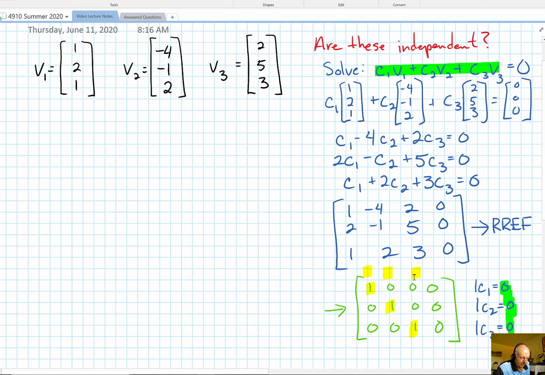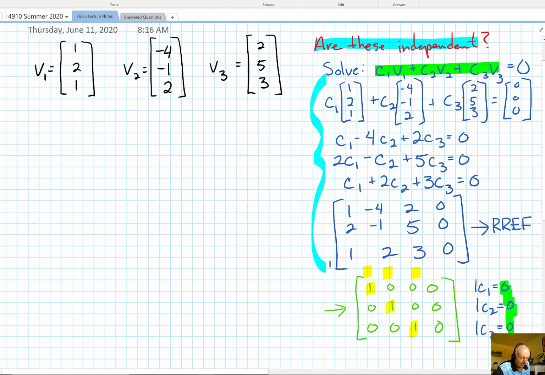If you just have a single solution, or put another way, if the row reduced echelon form is the identity matrix with a column of zeros, you have independence. Now, let's talk about the absolute shortcut way to answer this question that doesn't require you to write all of this,